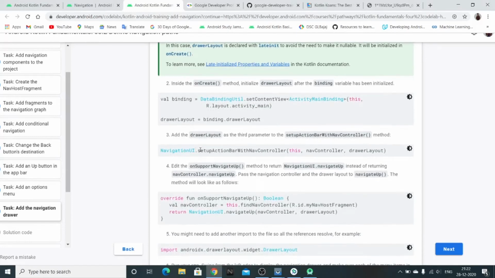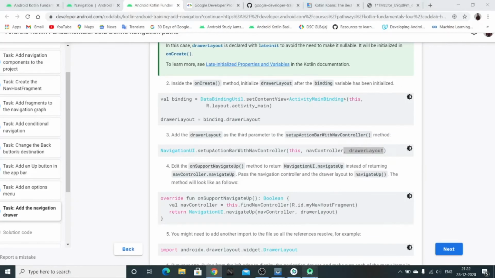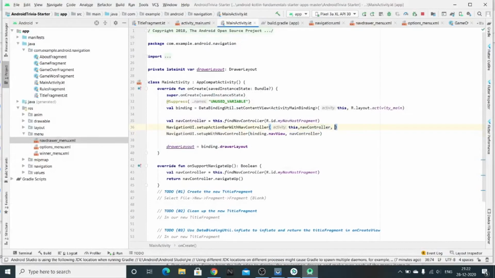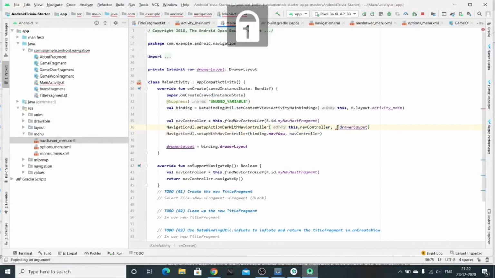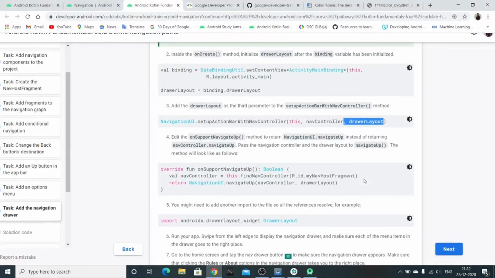Now add some more code: add the drawer layout as the third parameter. In our navigation UI setup action bar, we need to add a third parameter, in the first one. Now we need to add some code for this back button also.